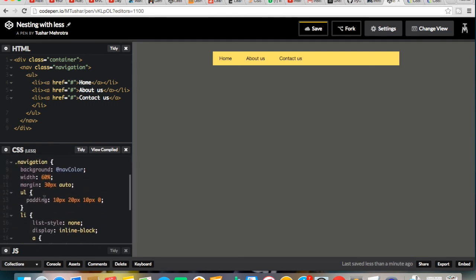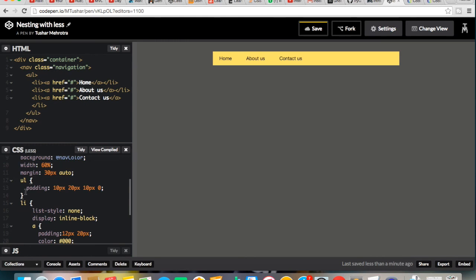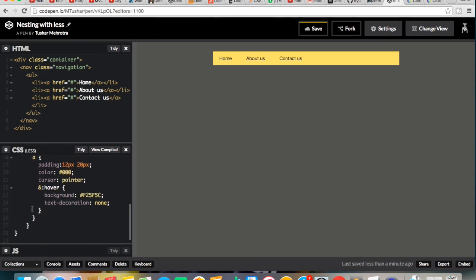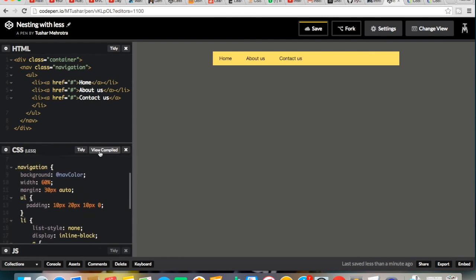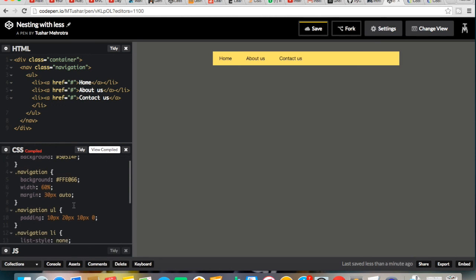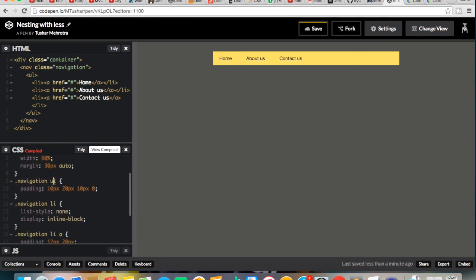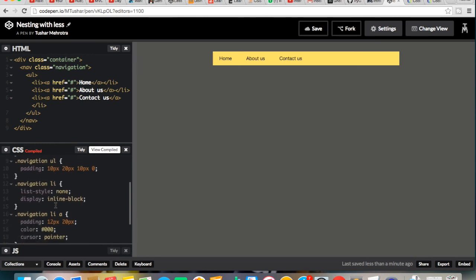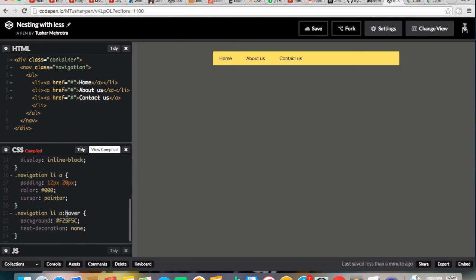See, UL is closed, then li is started. So this is how it is. Now let's see the compiled version, what it will look like in CSS. You can see navigation UL and navigation li. There is no UL before li because we have moved li out of UL. You can see that. Okay, so it's good.